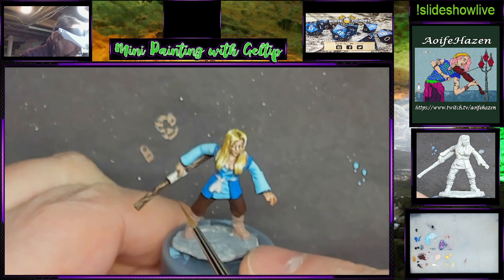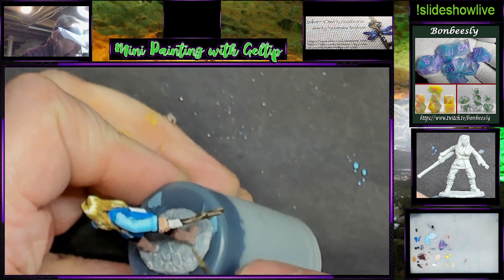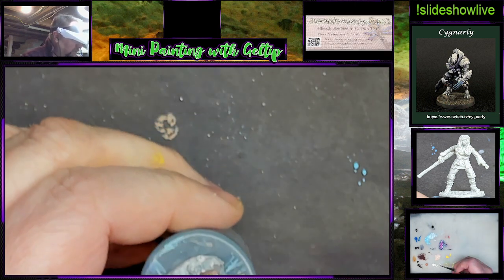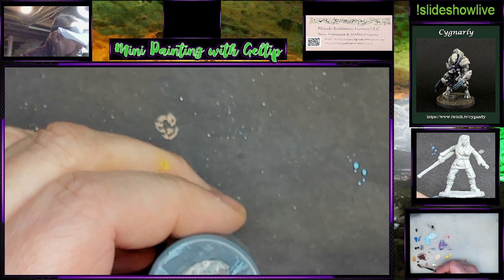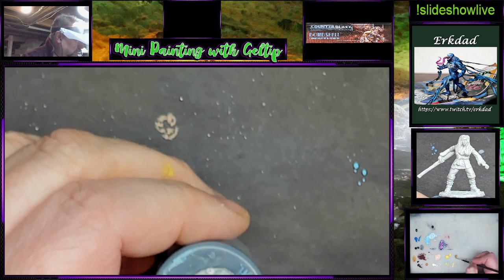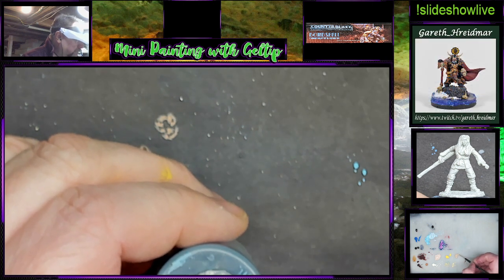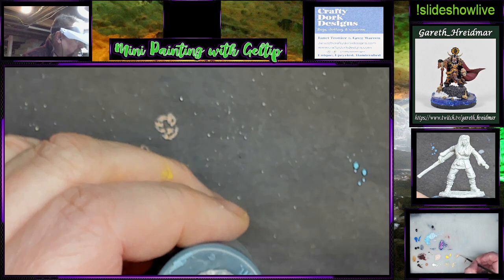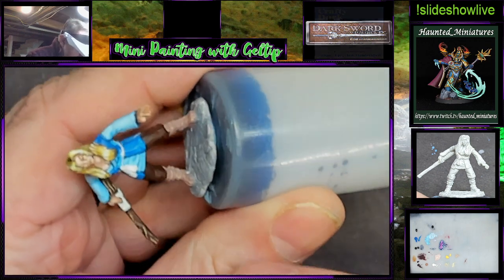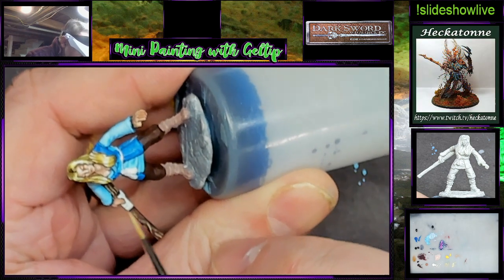boots down here. And also I want to do a little bit of band here with the ivory. So that's bright ivory. I'm going to mix in a little bit of yellow to that and brown. So I'm going to take some of this mahogany. I'm going to take some of this yellow. Looks like 2 yellows, 1 mahogany, and I'm going to take an ivory. And I'm going to create this kind of dirty ivory color. And we're going to paint that in there. And I'm going to paint that right over here, and then we're going to keep highlighting with some ivory, but